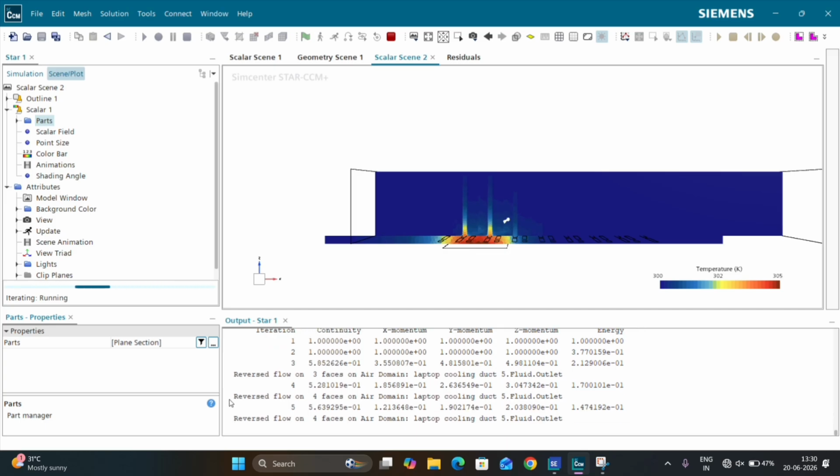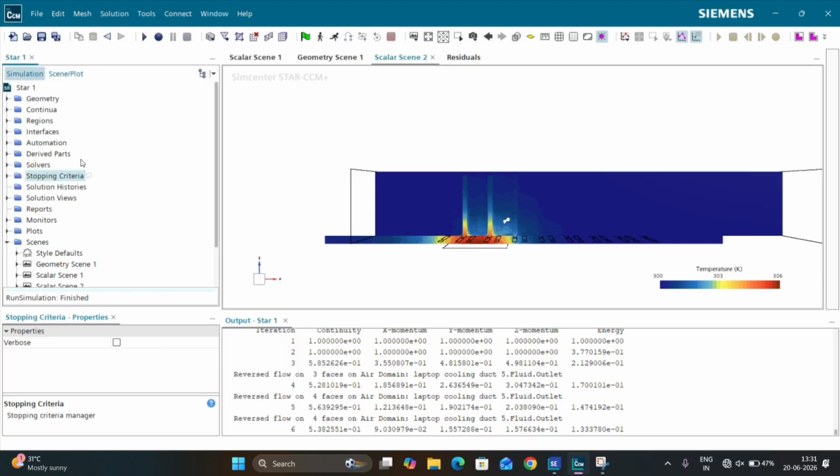We can clearly visualize it, and we can see the reverse flow, but it is not a big concern as we are not considering the flow near the outlet as much, and the reverse flow is related to the mass flow outside